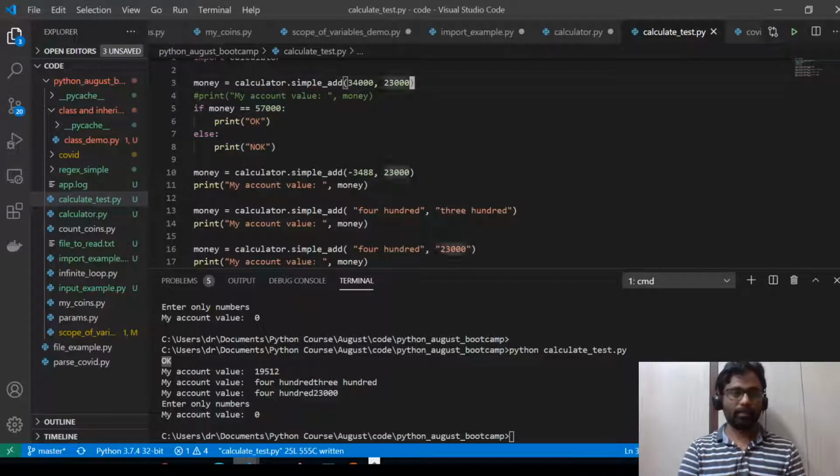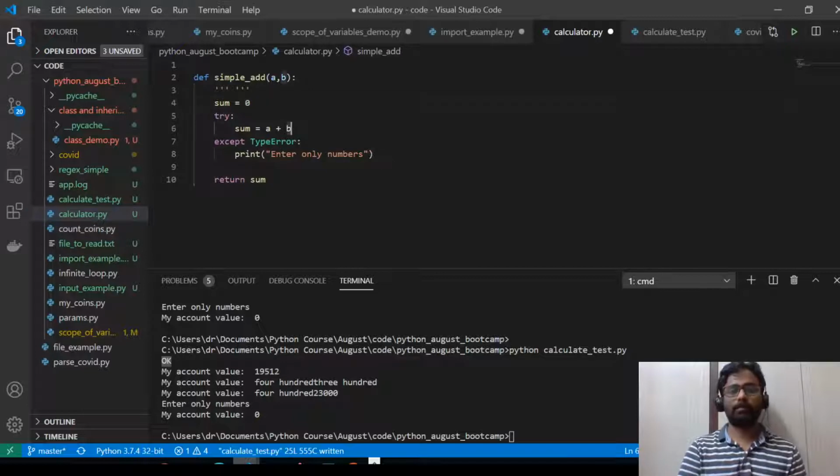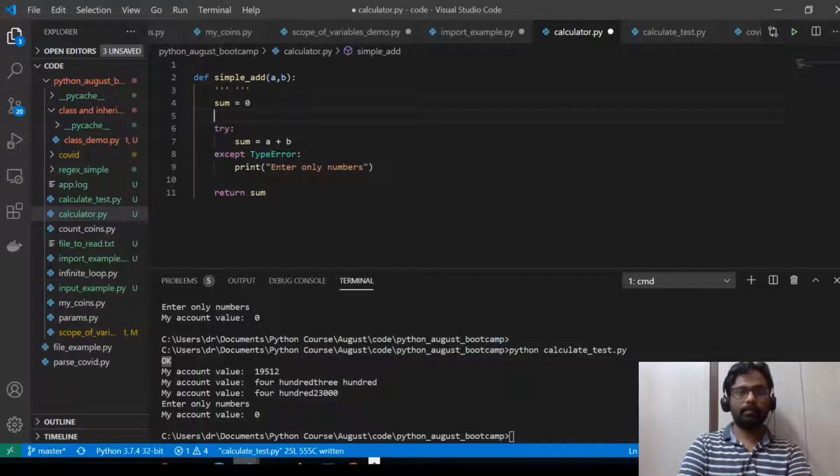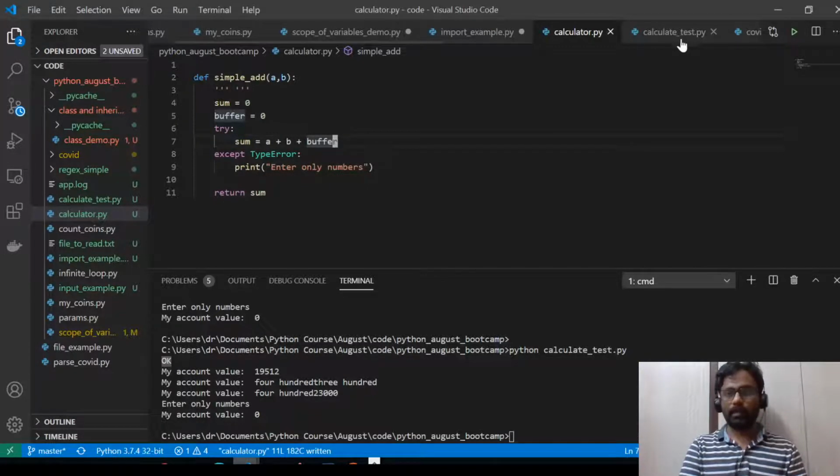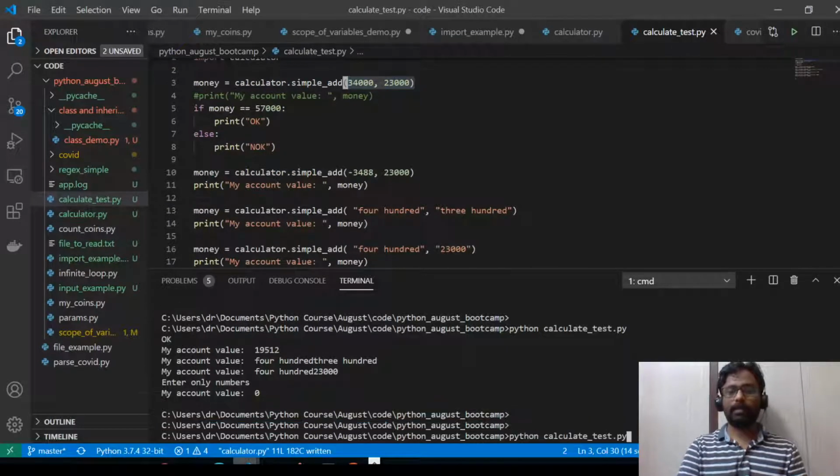So I know the exact inputs. For these exact inputs, I am going to check this file, and for every change that is made here, say for example I make some change here, say instead of returning sum, I'll make something like buffer is equal to 0. Maybe this buffer is for some rounding off purpose. So forget about the logic. I'm adding a buffer to sum. Even after this change, I should make sure that my test cases are still working fine